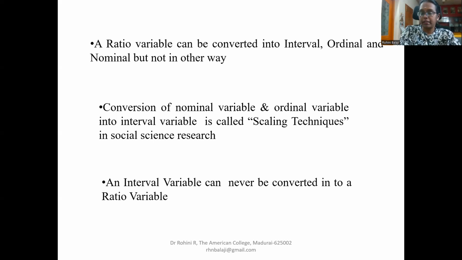And the main concept which everyone in research has to understand is that when we are going for statistical testing, the interval variable can never be converted into a ratio variable, whereas the ratio variable can be converted into interval variable. Based on these variable levels of measurement, the statistical tests are chosen, either parametric or non-parametric test. Based on this, the analysis is done and the results are interpreted